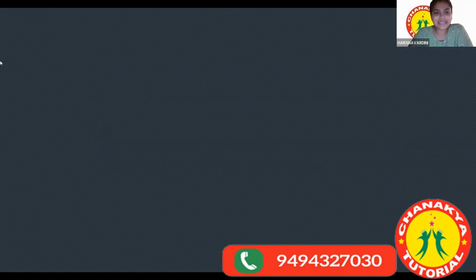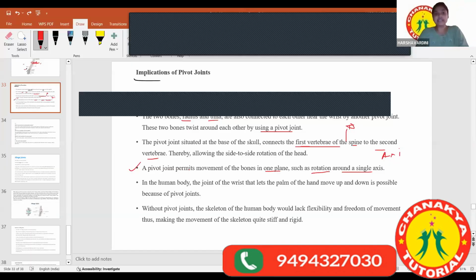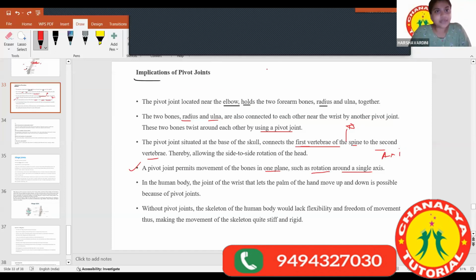Okay. It's basically both. Both in the sense that they have the characteristics of a pivot joint also, but they officially come under hinge joint. The scientists have categorized them under hinge joint only, but they have the characteristics of pivot joint also. So you cannot actually tell